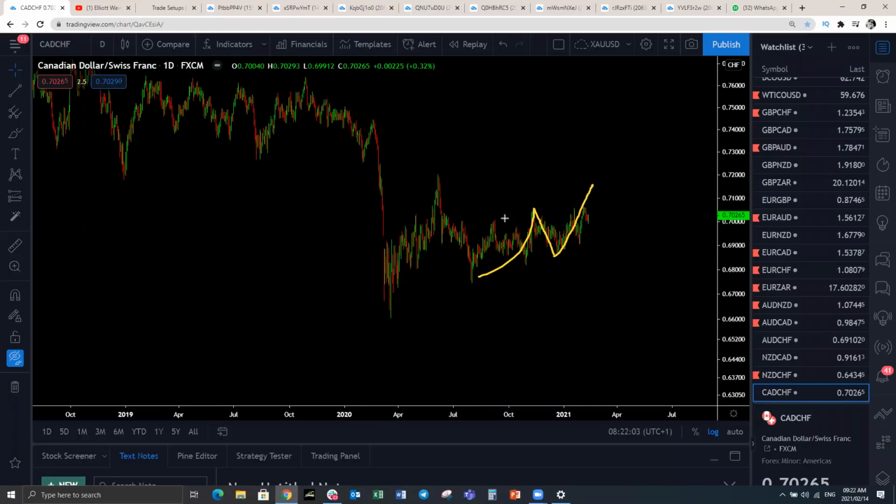So you'll see that most of the time the structures coincide with the boundaries of these channels. So we just use the channels to look at the corrective structure boundaries, and they most of the time are in the same line as the boundaries of the channels. Okay, so that is what we have here on CADJPY. And as you can see, the expectation here is that we're gonna get to this confluence between what we're expecting and the upper boundary of the confluence of the structure and the upper boundary of the channel. That is CADJPY. Let's continue.